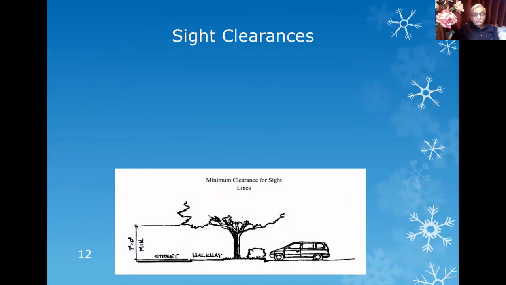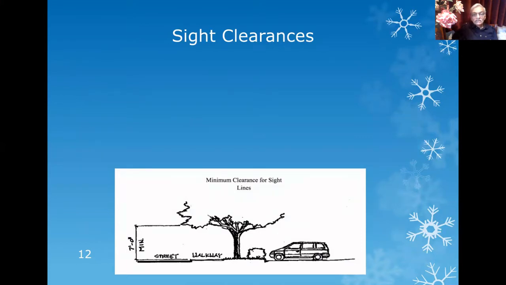A minimum of 7 feet or 2.1 meters is needed for a car to be parked underneath. Here we are talking about parking in the open space, not in the basement.